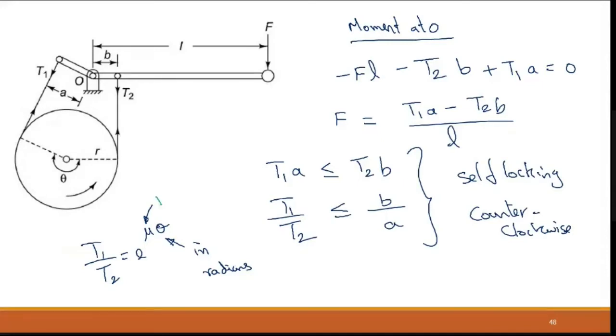Sir, yes, it is the coefficient of friction between the belt and the brake drum, right? Theta is the angle of contact. If you see this, it is how far the belt is in contact with the brake drum. You see, it is in contact up to here. So this is your angle theta. That is your angle of contact theta.